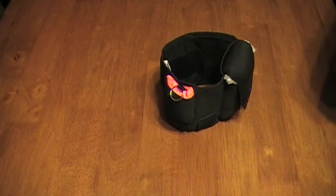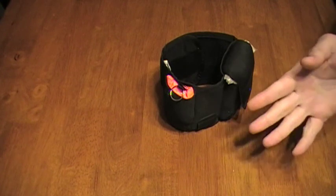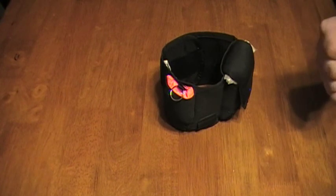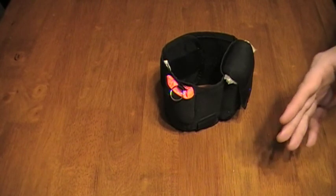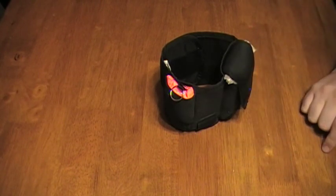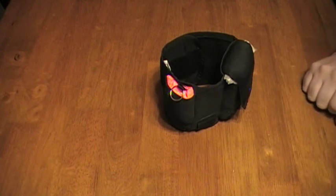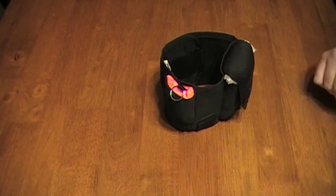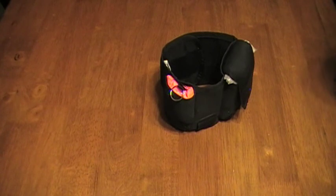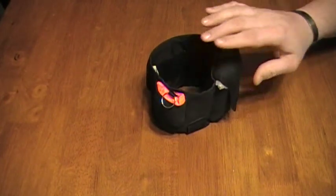Or if you've got nasopharyngeal airways or oral airway adjuncts, you might not know how to use that, but the off-duty EMT or paramedic, well, that's a treasure chest for them. They can go straight to work and apply everything they need and fix that person up and keep them alive. So whether you know how to use medical equipment or not, I really firmly believe that you should be having it. Now, medical ankle holsters